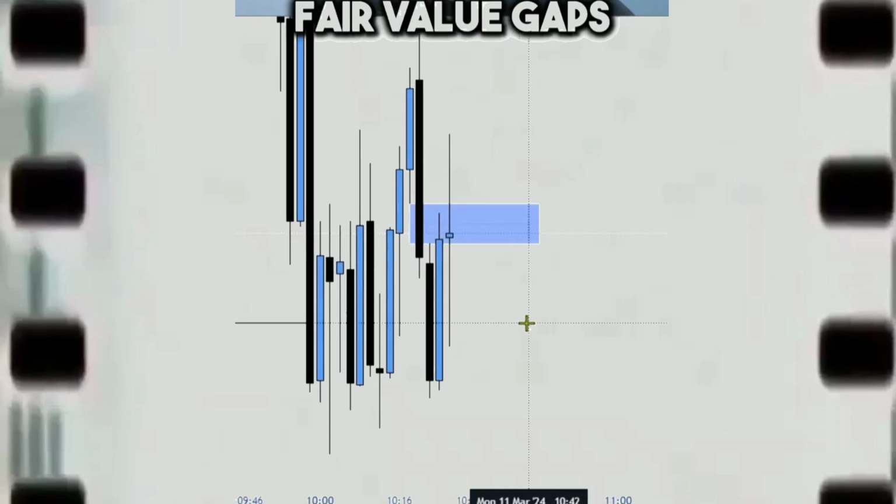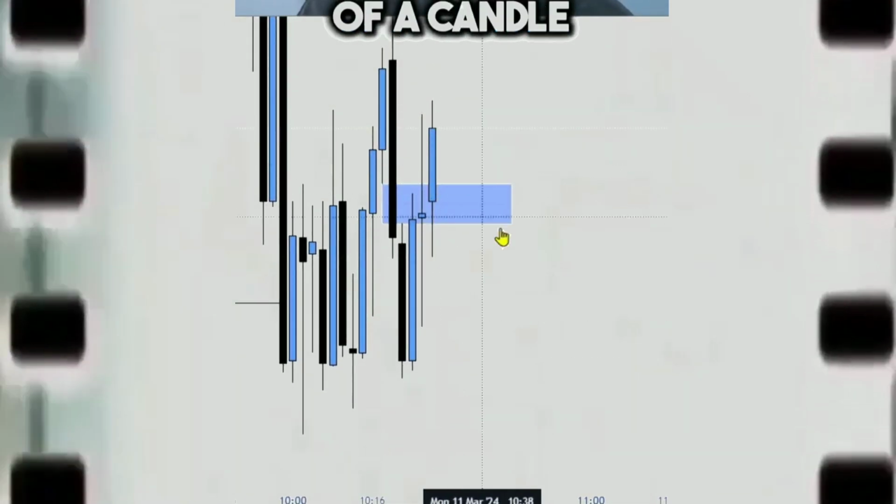As you can see, we have this bearish fair value gap. Now, don't be interested in taking a short from this bearish fair value gap. Only be interested in longs from bearish fair value gaps. And the way that you do that is you wait for the body of a candle to close above the bearish fair value gap. Now, with this information, we can expect price action to come up and take some sort